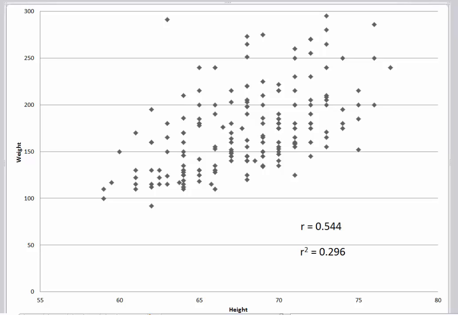So let's talk a little bit about correlation involving two variables. We're looking at bivariate data and how the variables are related. What we have here is a scatter plot of some data I took from old classes, where students gave me their heights and their weights, and I guess